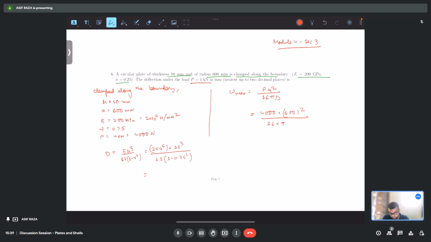This is equal to 1.77 into 10 to the power 7. So when we substitute the 1.77 into 10 to the power 7, we get the maximum deflection as